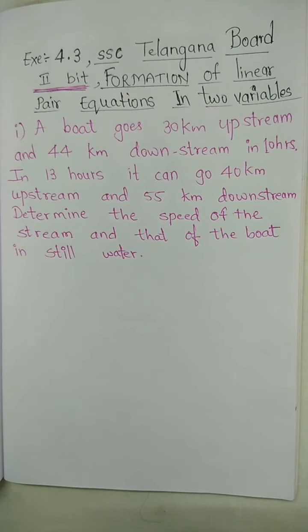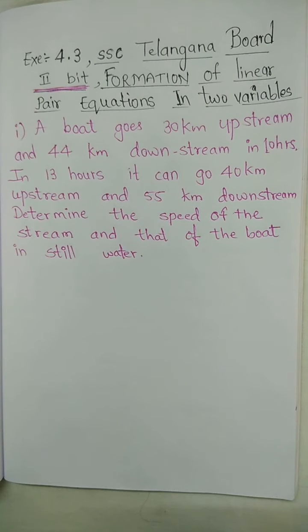Now this is the second part, that is second bit. In this, some statement problems are there. Forming the equation for a statement problem is a difficult task for students. So it is very important to know how to form the equation. Otherwise, it is very difficult to get the correct answer. If you don't know how to form the equation, you can't solve any statement problem. So you must learn how to solve the statement problem by forming equations. Then once you get the equation, you have to solve it by the first bit method. Go through my previous video and then solve it by the first bit method.